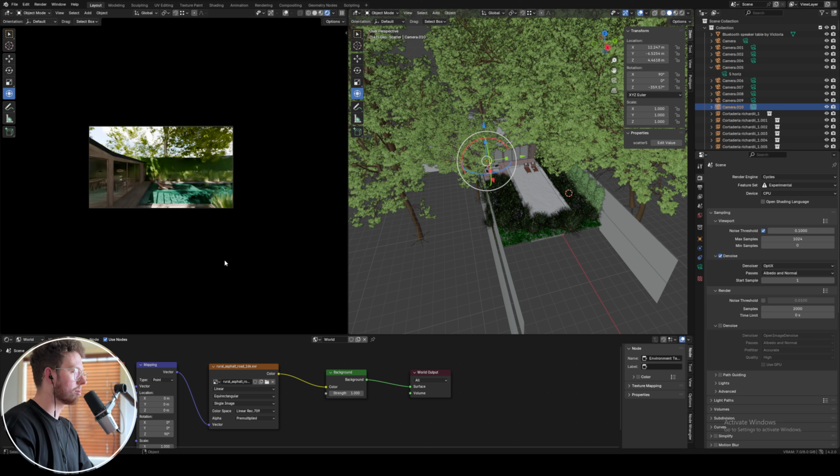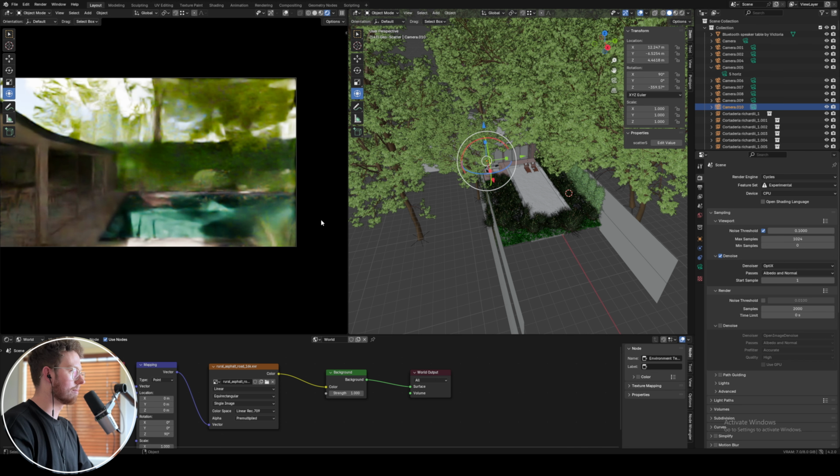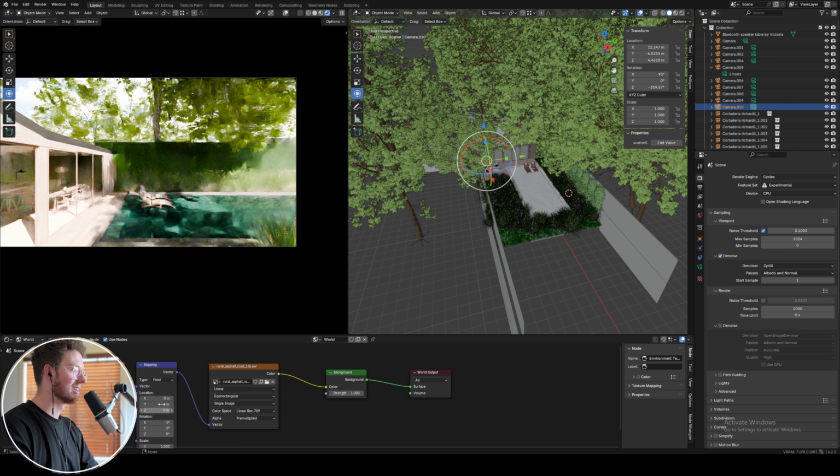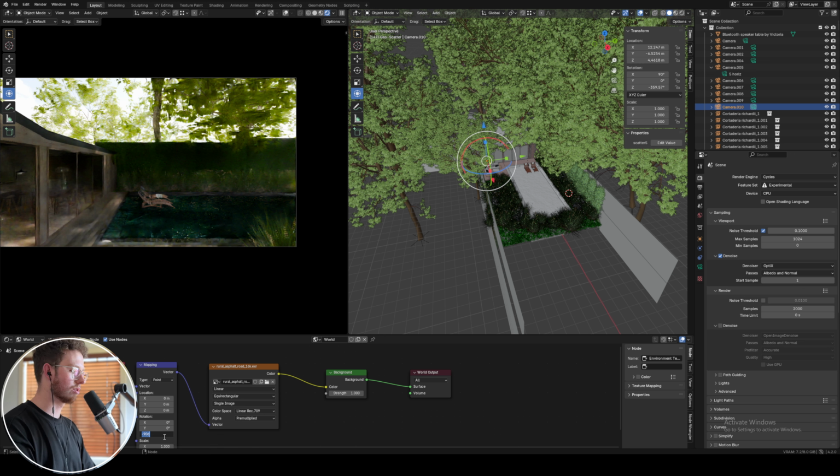I would probably look at rotating the angle of the sun, because the focal point here, which is the house and the sunshade lounge thingies, are in the shade. So if I did maybe 0 as the rotation of the sun, that would look quite good. So that actually does not look quite good, funnily enough. If I make this minus 90 degrees, that also looks horrendous. Let's do minus